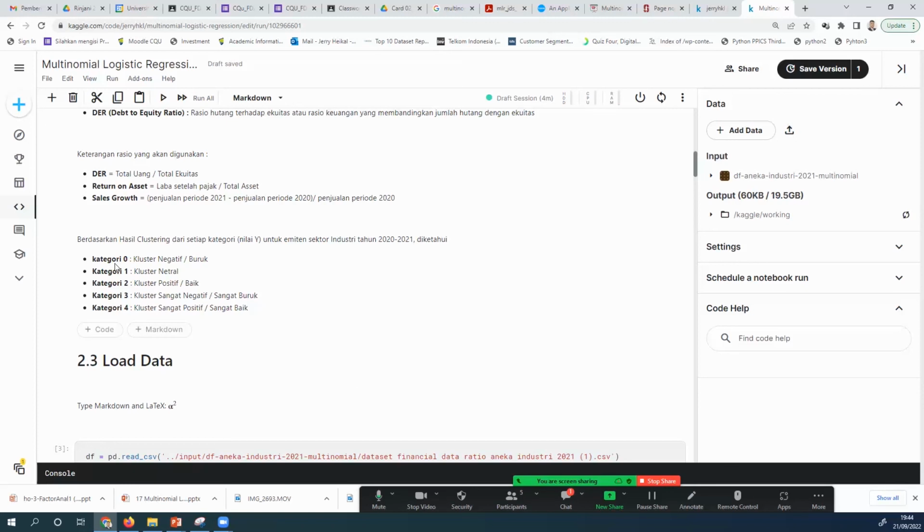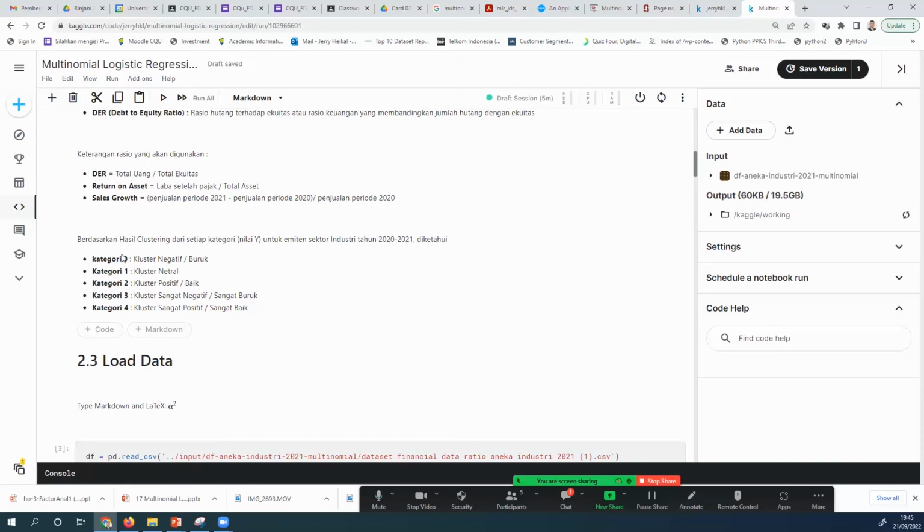And then the Y there is 5 categories, with 0 being the negative cluster, or bad cluster, a very bad performance. And then 1 is bad. Okay, so this one we use: bad performance is 0, 1 is neutral, 2 is good, 3 is